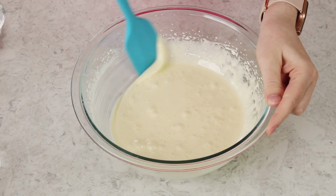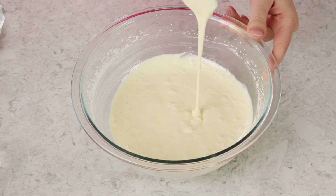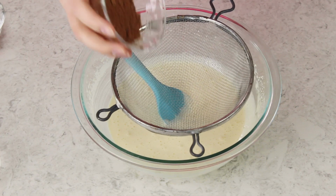All right, so once everything is nicely beaten here, and we did beat everything really well, I'm just going to scrape the sides of the bowl briefly. I want to show you guys what the consistency should look like. And now I'm going to sift in my dry ingredients. If you don't have a sifter, that's fine. You can just whisk them together in a small bowl. The important thing is that you break up any of the clumps,